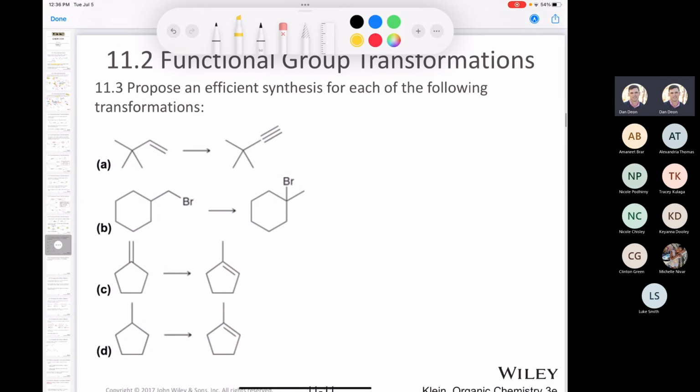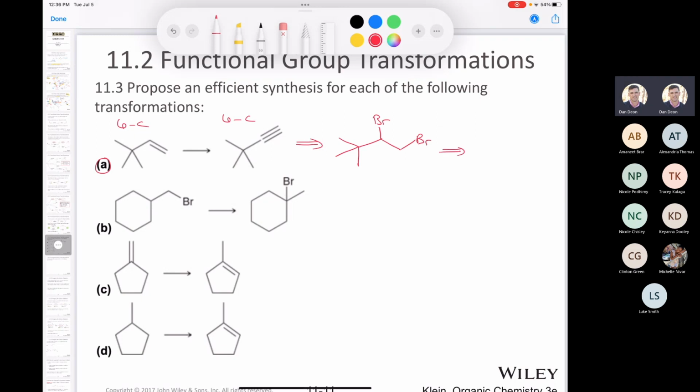Let's just see if we could solve a couple of these problems here. It says propose an efficient synthesis for each of the following. If we wanted to solve A, we're taking this alkene and we want to make an alkyne. Well, if you remember retrosynthesis, it's basically saying, I'm not changing the carbon skeleton. Here I have 6 carbons and here I have 6 carbons. So the only way I would know how to make that alkyne would be from this vicinal dibromide,